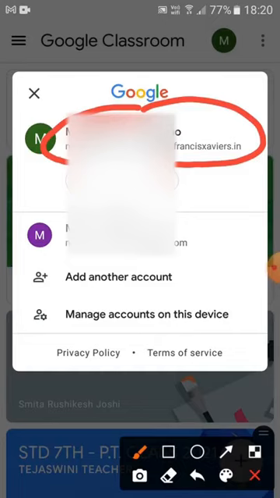No Gmail. Do not create your own Gmail account. This is the email given by the school and you have to follow that same email. If you try to enter Gmail, it will not show up and your classroom will not be seen. You have to enter this email only which is given to you.